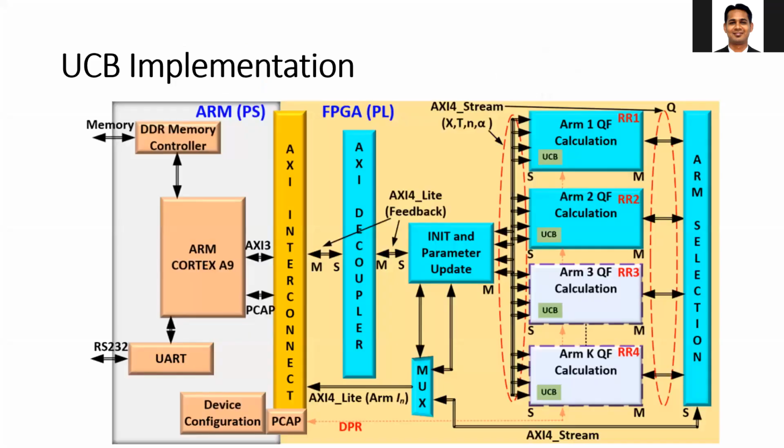As discussed in the previous video, you can implement the UCB algorithm completely in software, or you can move some of the processing to hardware. In the beginning, we will implement the parameter update, calculation of the quality factor and the arm selection in the FPGA, and the selected arm will be sent back to the ARM processor. Then the processor will send the corresponding reward to the FPGA module. Okay, so the architecture